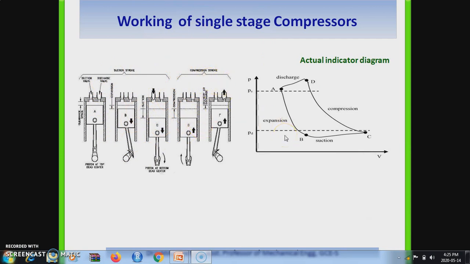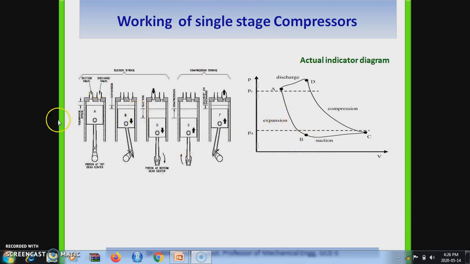Normally a compressor operates on a two-stroke cycle. The first stroke is A, B, C, and the second stroke is C, D, A. The piston withdraws, causing the air in the clearance volume to expand. When the cylinder pressure has fallen below atmospheric pressure, the inlet valve opens and air is drawn into the cylinder for the remainder of the stroke.